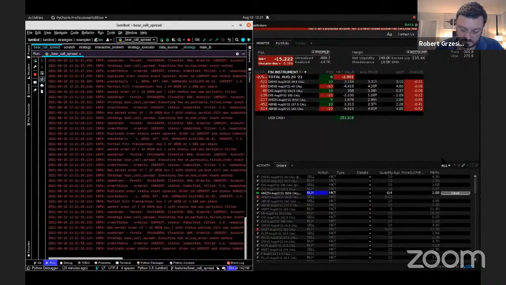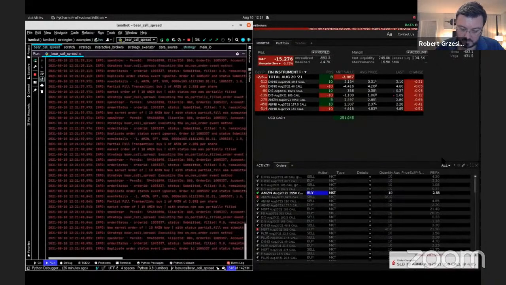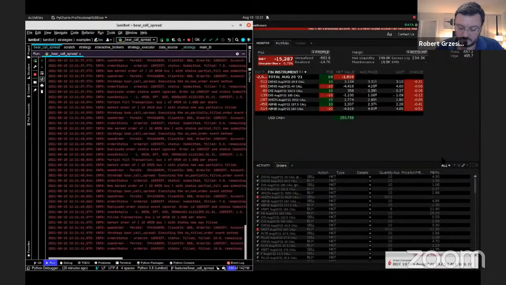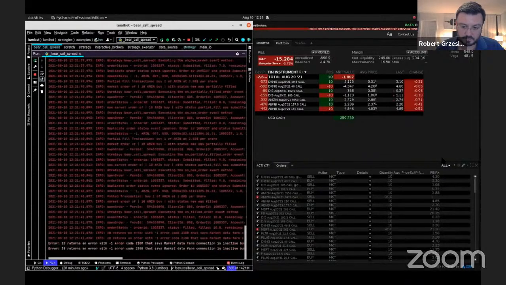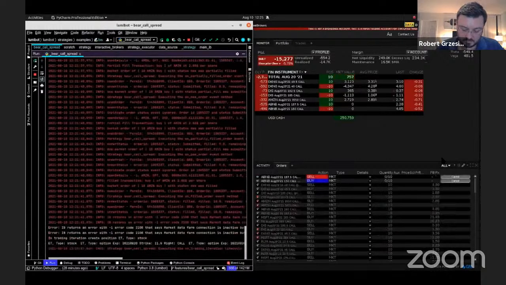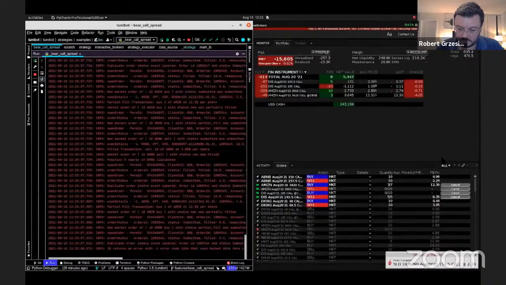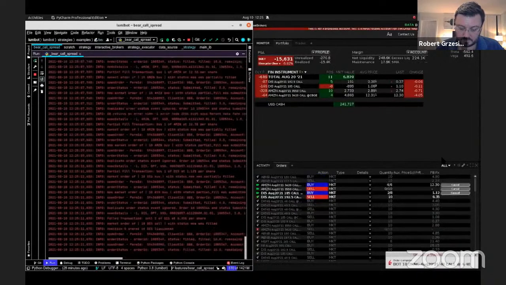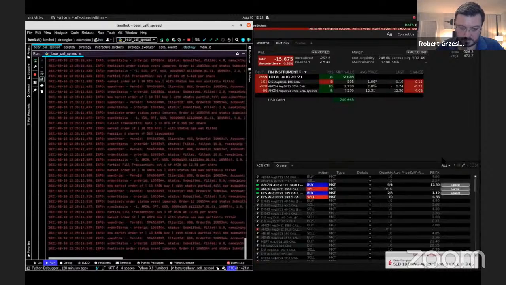So here, the initial stages of the strategy is just about finishing up. You can see the simulated trading notification on the bottom right is showing all the completed trades. For this particular execution, we were only using 10 units or 10 contracts per underlying, so short and long. And I just clipped some time waiting for the next iteration. And you're going to see Lumibot's going to be calculating which of the underlyings it wants to sell and get rid of and close out the trades on, and establishing new positions.